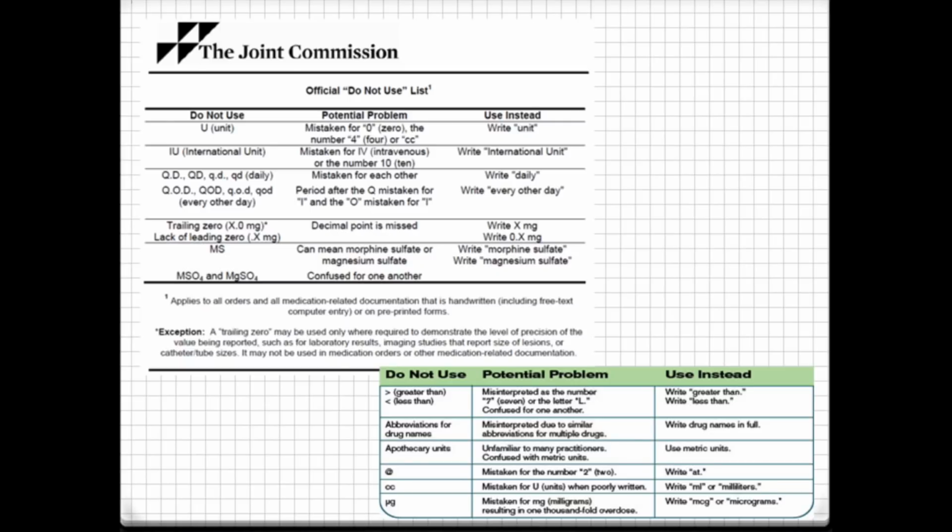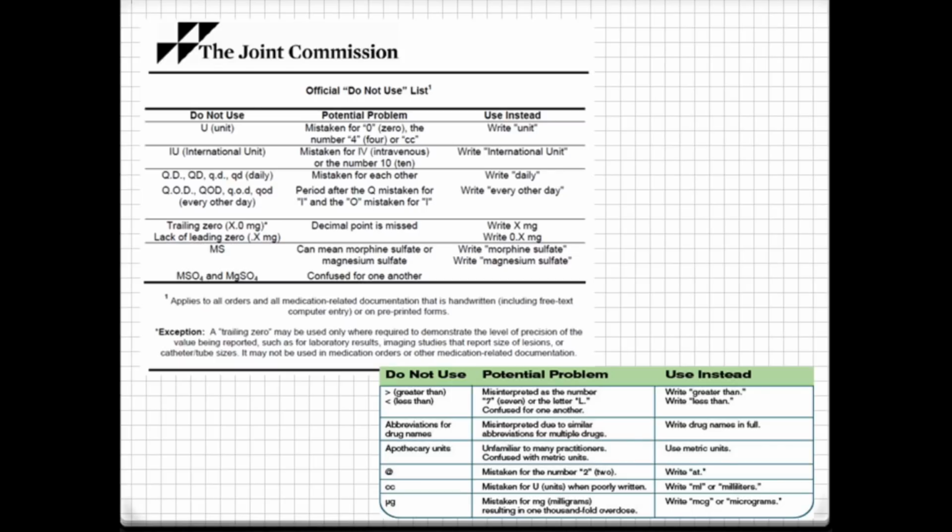This is a very important slide, but if in doubt, do not abbreviate. Write it out. This is called the Do Not Use list, which applies not only to prescriptions but also to chart documentation as well, including progress notes and orders. These abbreviations boil down to causes of potential errors, and there is a description beside each one indicating why that